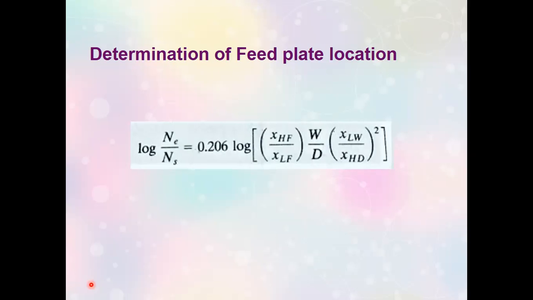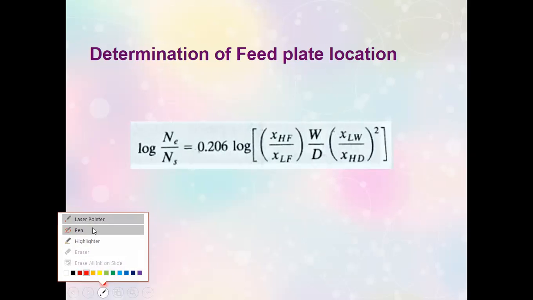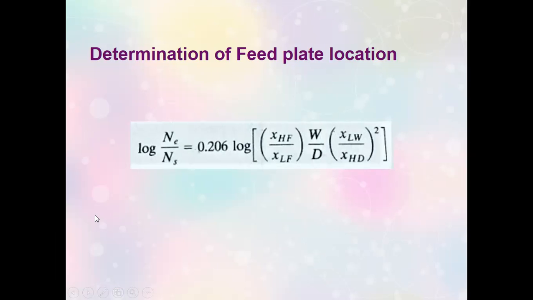Now, to illustrate the use of the formula that I have already shared with you, I will have a sample problem that will help you find the minimum number of stages and the minimum reflux ratio. Although if you have already enrolled in the previous class, you would know more or less how to determine the minimum reflux ratio and the minimum number of stages analytically based on what I have discussed. I will discuss those as I go through the sample problem, so please do pay attention.